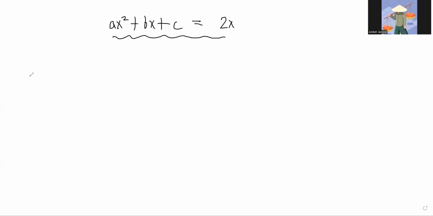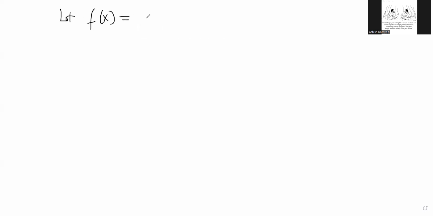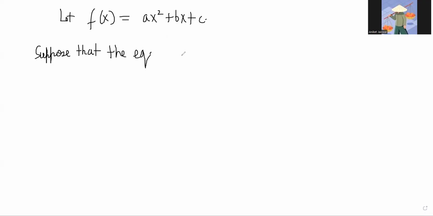मतलब तुम ऐसा नहीं कर सकते, a x square plus b x plus c is equal to 2x पे इक्वेशन नहीं आ सकते, ये इक्वेशन नहीं बन सकता। फिर बन सकते हो। तो हम लोग ने सपोज किस सेंटेंस में किया था? Let f of x is equal to this, that was the f of x function. f of x was x. Then we are saying suppose that the equation... अच्छा, फिर हमें इसको दिखाने के लिए, जो लास्ट वाला रिजल्ट है वो हर x के लिए ट्रू है, वो दिखाना है ना।